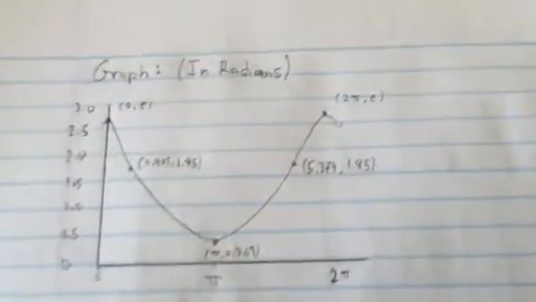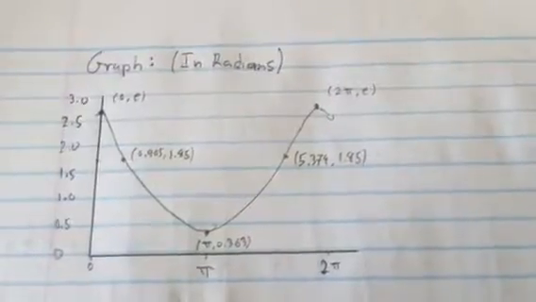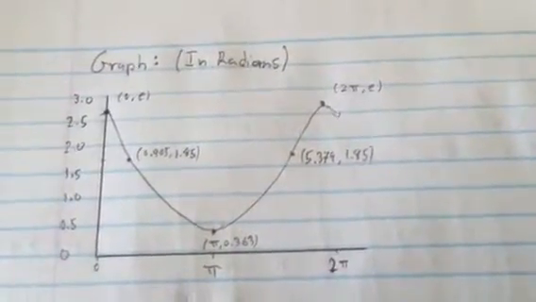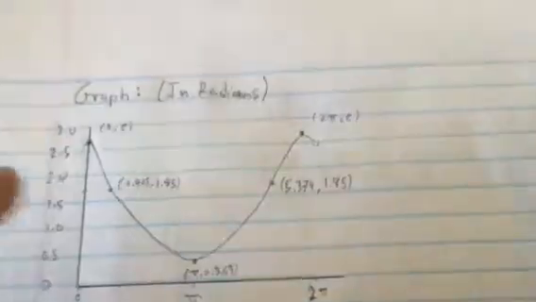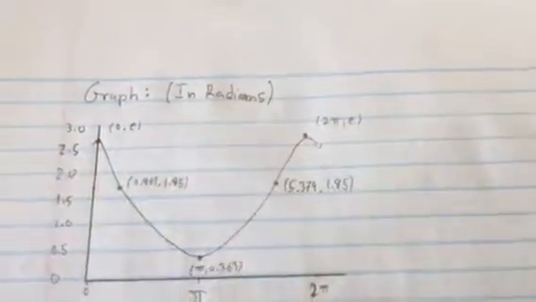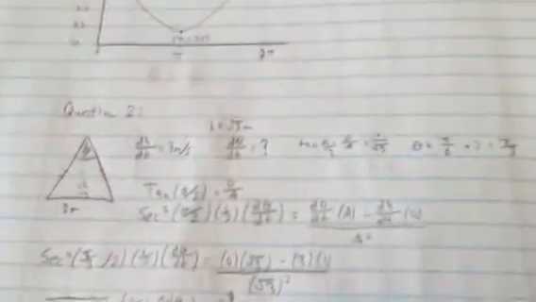Now we can just graph it, and it will just look like this. So the graph is also in radians, and these two are the points of inflection, the max, mins, and y-intercept. Yeah. Now the second question is,